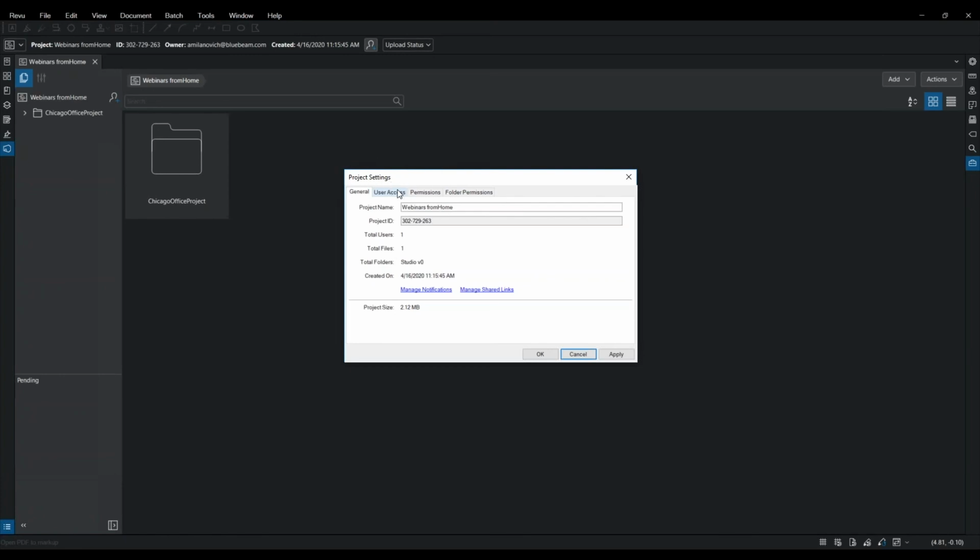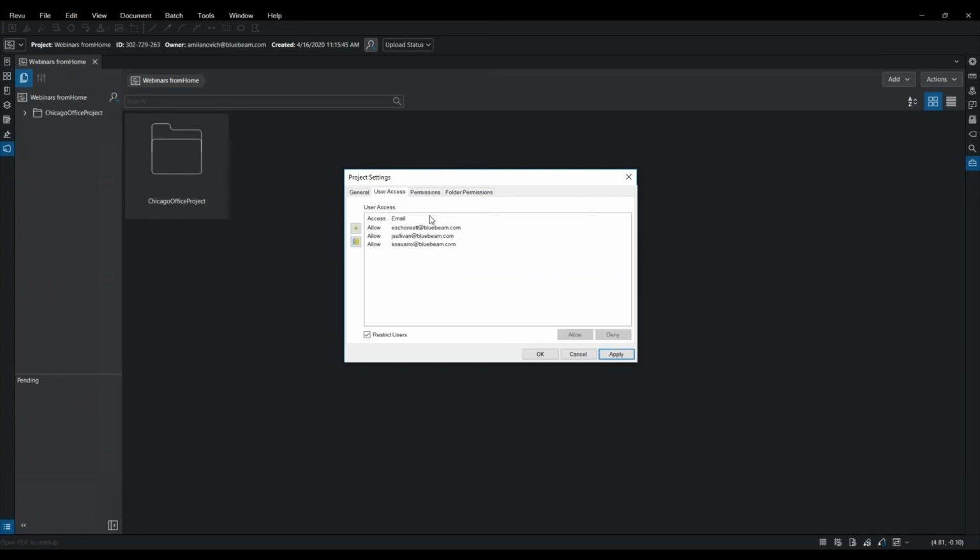If that's what the case is, you go to user access. You'll be able to see those users here. So I do have that ability to turn this on. Now, by default, it is always restricted. If you joined me yesterday, restrict user basically means I've got a bouncer here. You can't come in unless you have an invitation. So that's set on by default.